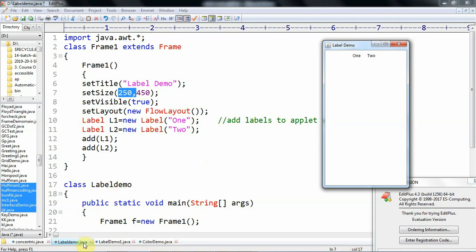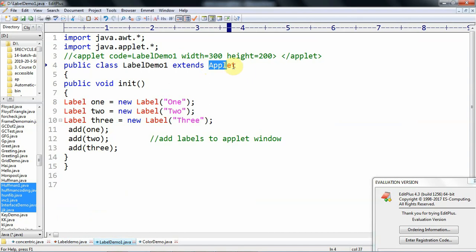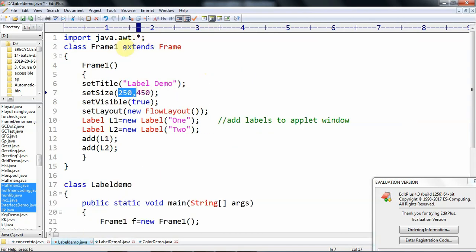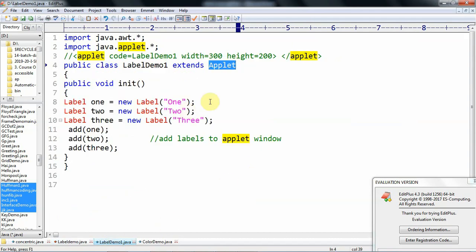Then we go to see the same type of program by using an applet. The previous one is frame window creation. That is an application because it contains a main method. We go to create an applet that does not contain a main method. Instead of that, for initialization purposes we use the init method. Here two packages are imported, the AWT package and then the applet package. We create a public class with the name LabelDemo1. So, the same program